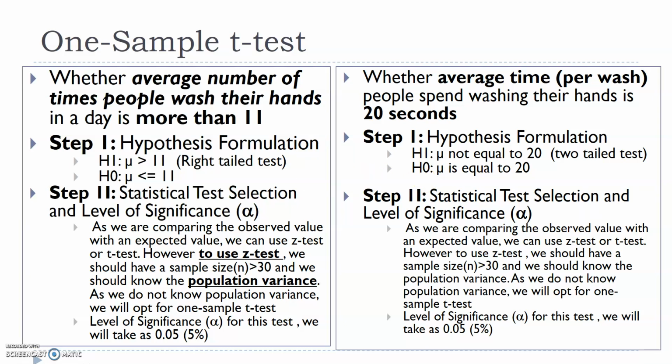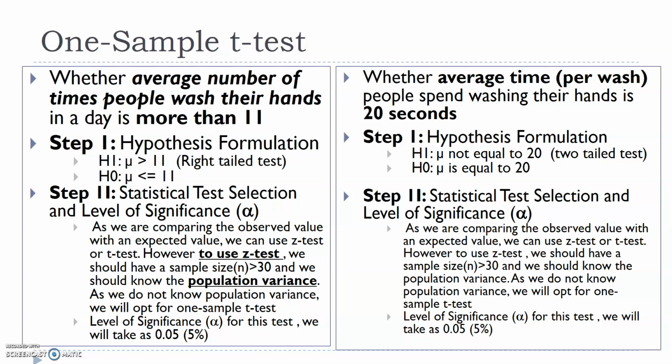And there can be two kinds of tests, Z test and t-test. Whenever we are in this kind of situation, we can use either a Z test or a t-test. The only issue with the Z test is that your sample size has to be greater than 30, which is actually true here because we have around 153 respondents.